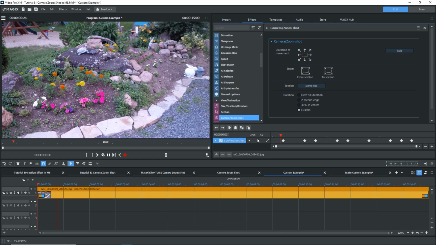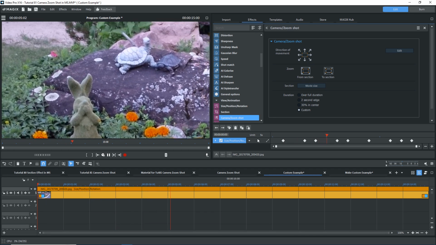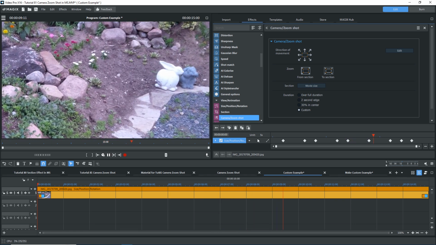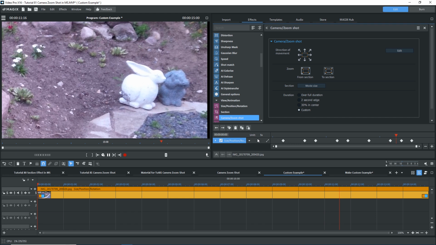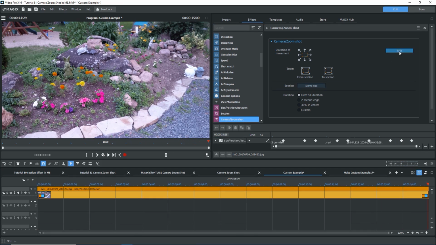The image starts full screen, zooms in over the rabbit, pans over to the turtles and changes size, holds for 1 second, then zooms out and zooms back in over the other 2 rabbits, holds, and then zooms back out to full screen. Back to edit mode. If you don't like the time between keyframes, adjust the location of the keyframes to get